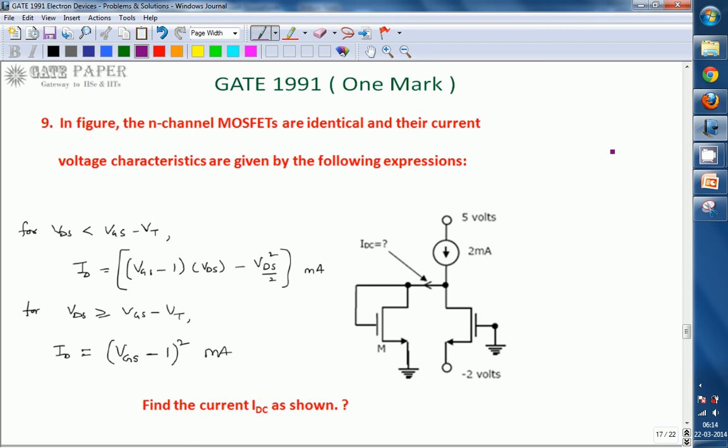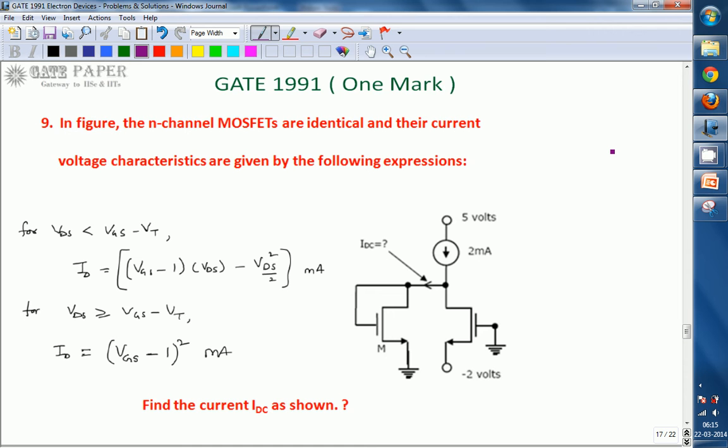We are discussing the GATE 1991 ECE paper. This is one more question. Look at the diagram. In the figure, the N-channel MOSFETs are identical and their current-voltage characteristics are given by